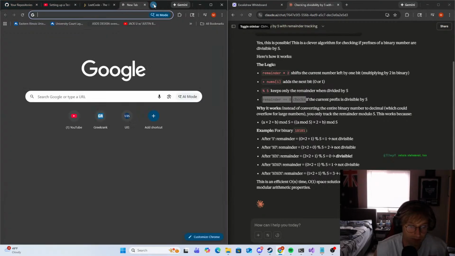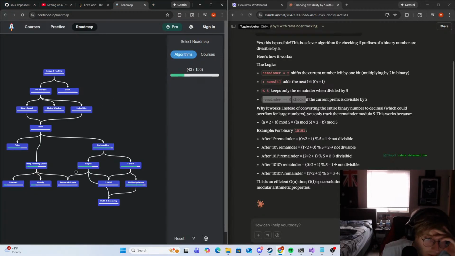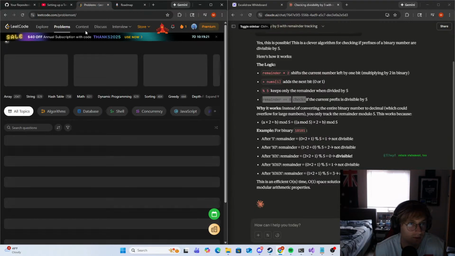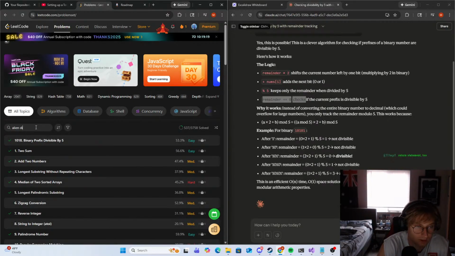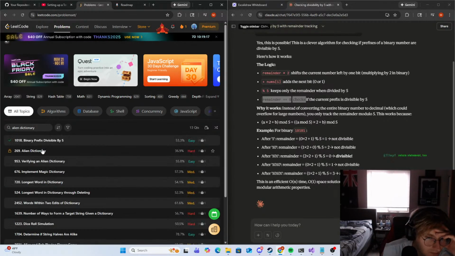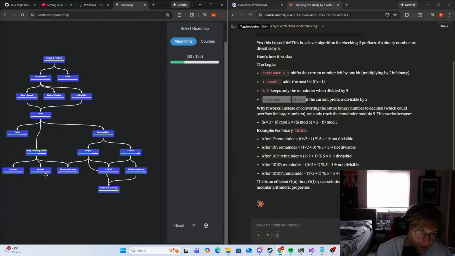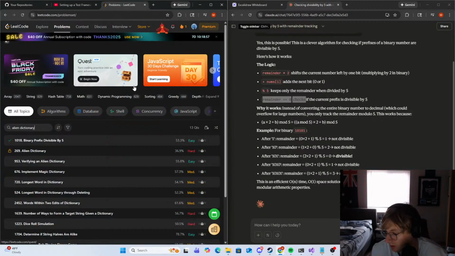I kind of want to try something different. Do one more problem. Take a look at one of these ones. Like, I think Alien Dictionary is one I haven't done. Alien Dictionary. No, it's locked. These are all graphs, dude. I don't know if I want to do this. Prims, Kruskal's, topological sort. Nah, we'll leave it. Man,